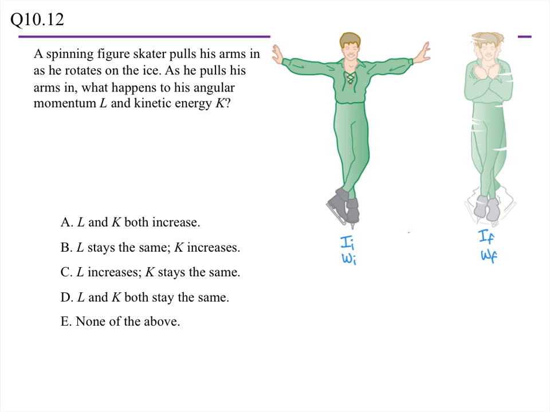His moment of inertia final is less than it was initial, so the rotation rate is going to be bigger. That's all through conservation of angular momentum. But what's going to happen to the kinetic energy? That's a really good question because we might just assume that it will stay the same because of angular momentum staying the same, but